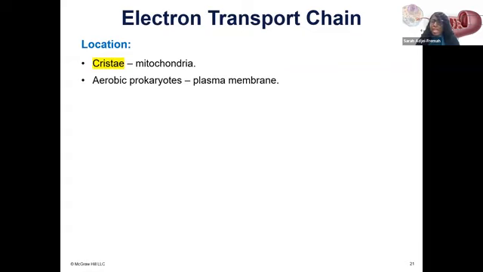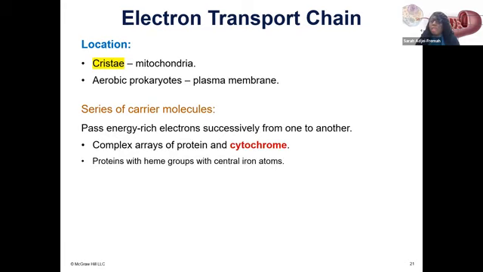So when you think of the name electron transport chain, it simply means all the electrons that have been collected by the electron carriers, NADH and FADH2, are going to pass it in a chain and get it to the final electron acceptor, which is oxygen in the process. So this whole process of electron transport chain is going to take place on the cristae of the mitochondria. And when you think about other organisms such as bacteria or microbes or other prokaryotes that do not have a mitochondria, the electron transport chain will still take place, but it's going to take place inside of their plasma membrane